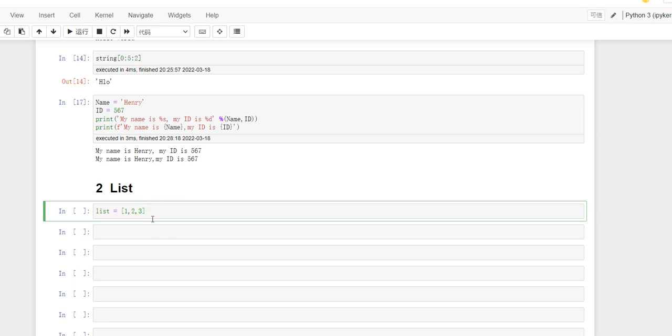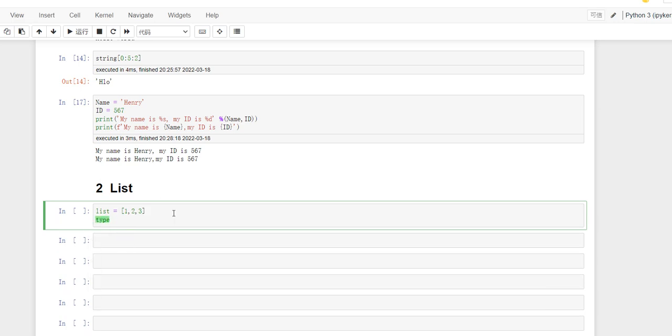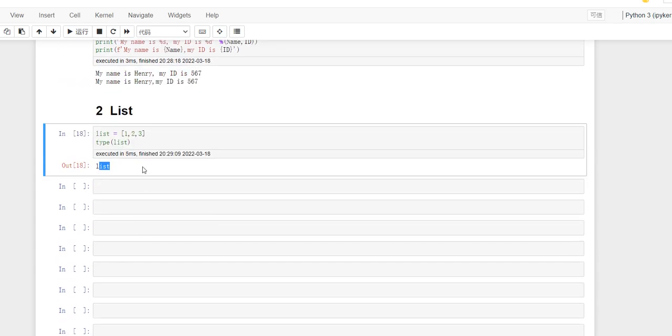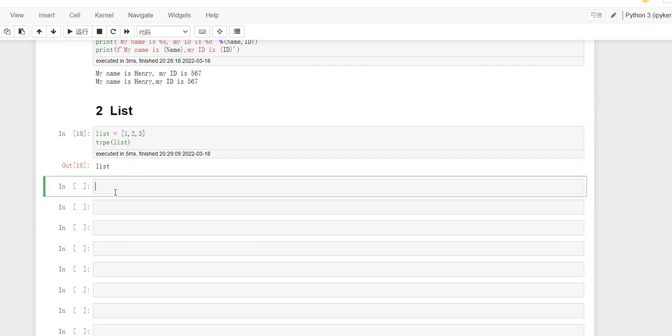So the list is defined by this square bracket. If you check the type of this variable, this list, you can see it will give you the type is list. Okay, let's now give you a list like this,